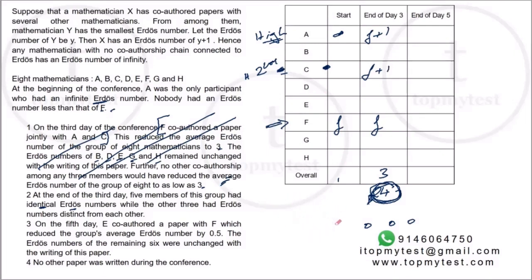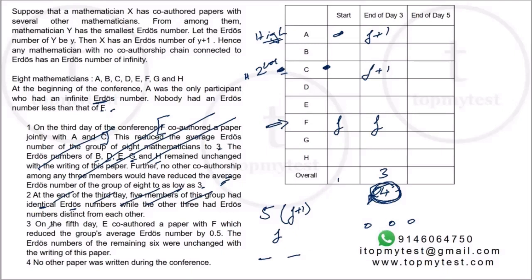Let me just make some space. This is on day 3. What are the other people? F is another person. He has a different number. We don't know the other 2 people. Okay, we'll proceed. There are 2 more people who have different numbers on day 3.